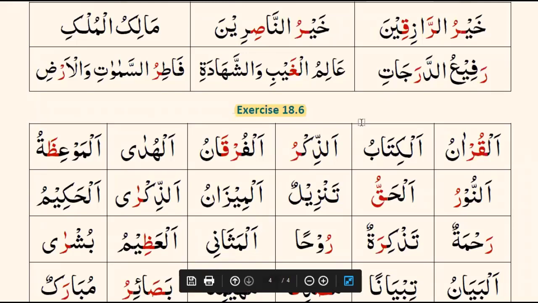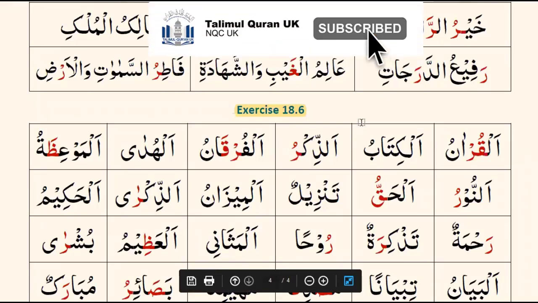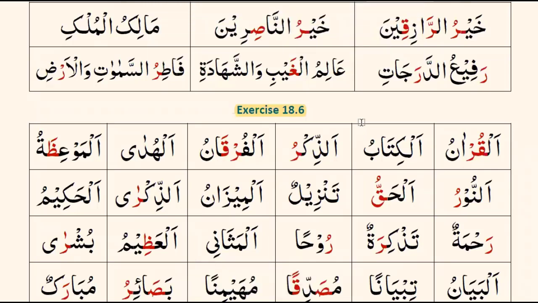Could I have another student? Can G1339 please unmute themselves? G1339. Assalamu alaikum. Wa alaikum assalam. Could you recite for me the highlighted line? Start with Tawud and Tasmiyah.